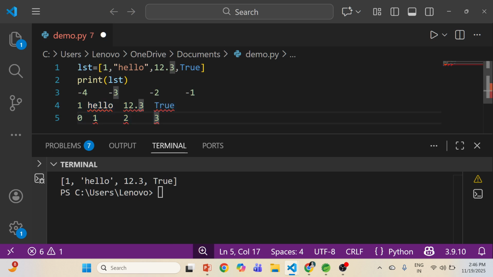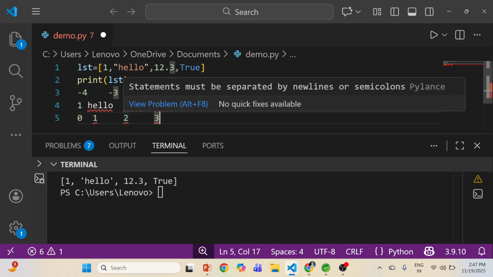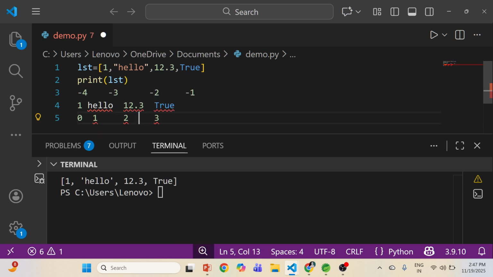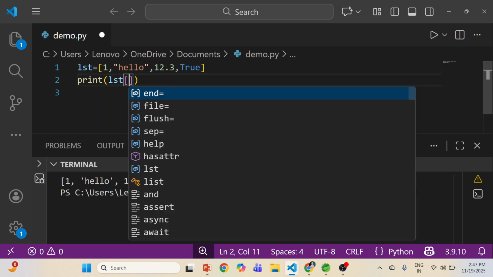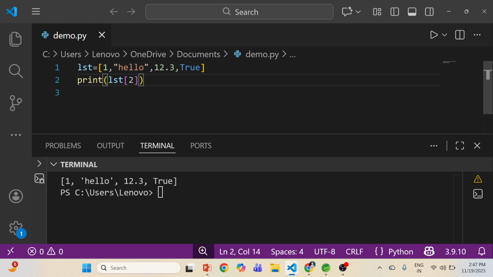Basically in this way we can access any value from a list. So let's suppose I want to fetch 12.3. Now what is the index of 12.3? Either we can fetch 12.3 using index 2 or by using index -2. So let's see how we do this. So here if I write lst square bracket 2, this is the way we fetch any specific value from a list.